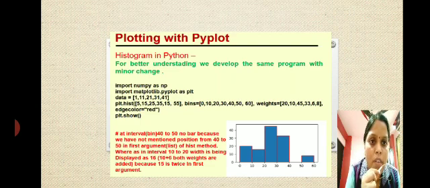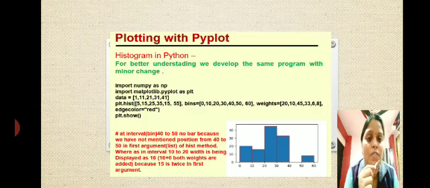At the interval bin of 40 to 50, no bar, right? For 40 to 50 you can see there is no bar, because we have not mentioned any position from 40 to 50. So we are having the range of 55. We are having the range of 15 after that. Whereas the interval of 10 to 20 is being displayed as 16, as 10 plus 6, both weights are added, because 15 is twice in the first argument. So it is displayed as 16 because 15 is twice.